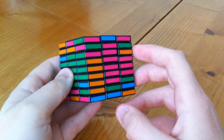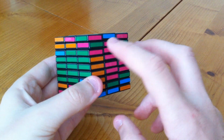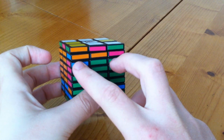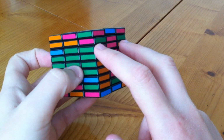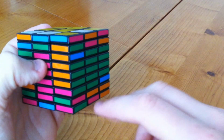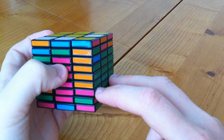This particular case isn't a very easy one to do, but the best way to do it would be to swap these two, and then swap these two, and then swap these two again. So, as always, we switch the two on the bottom right here,